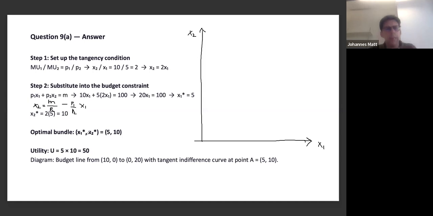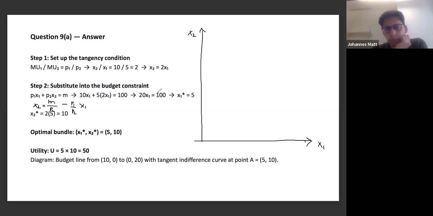Right. So how did I get that? Well, I have this equation. I subtract P1 x1, and then I divide by P2. Right. So now I have x2 as a function of x1. So what does that tell me? Well, that tells me how many vegetables I can consume for any amount of steak that